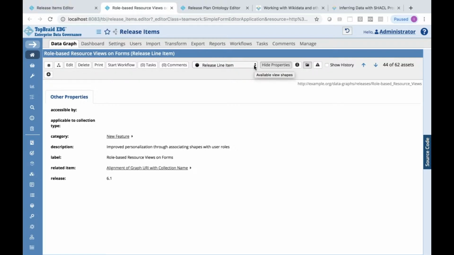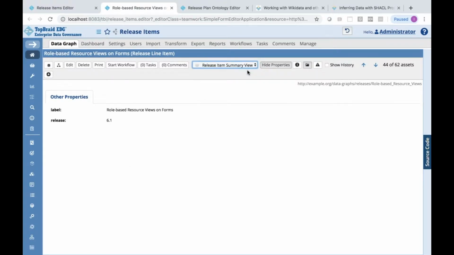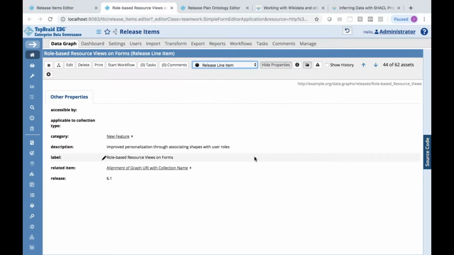Here is an interesting feature that has to do with having different views into the same resource. If I click here, you see that I have another view called Release Item Summary View. And if I were to switch to it, you see much less information than in a full view. So this lets you define different views for different types of users, because those views can be associated with a user.